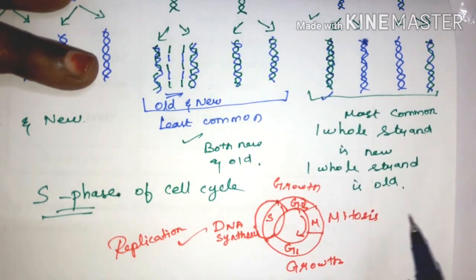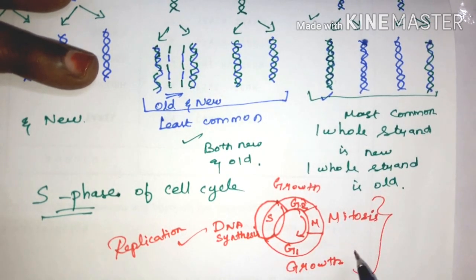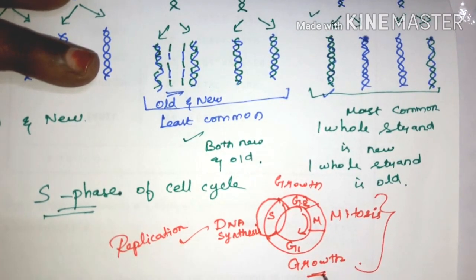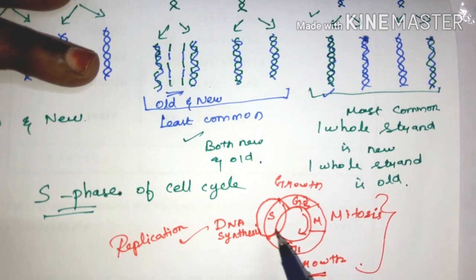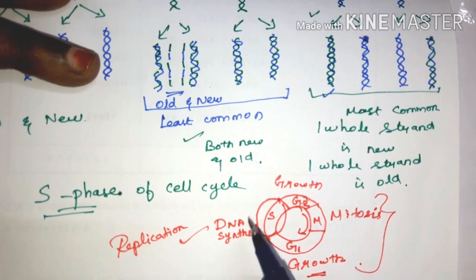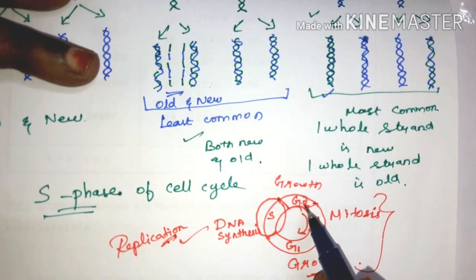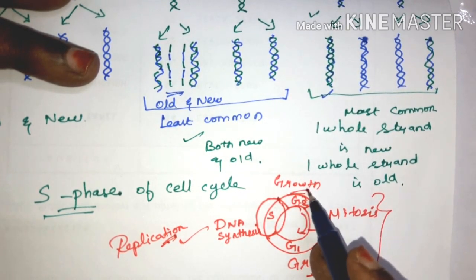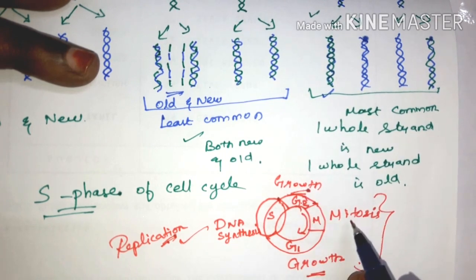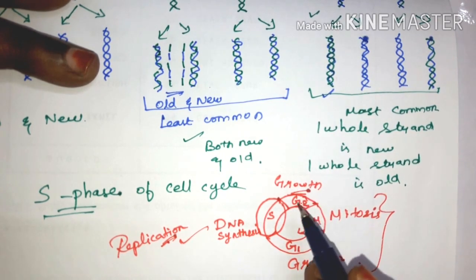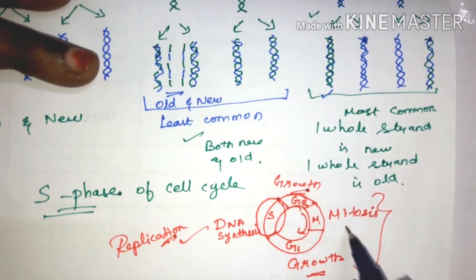This is just to understand, it is not in your book. First mitosis takes place. After mitosis there is one gap, and during that gap period, or lag period, they undergo the growth stage. After that they synthesize DNA, and this DNA synthesis is called replication. After replication they have one more gap, called G2. Here also growth takes place, but here they prepare themselves for mitosis. All the surroundings inside the cell are prepared for mitosis.